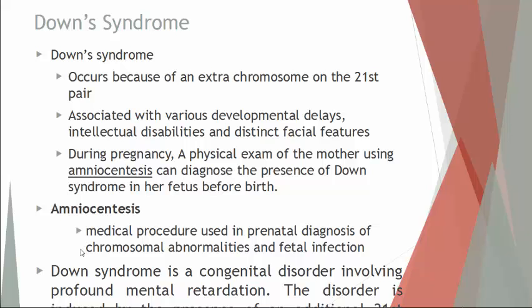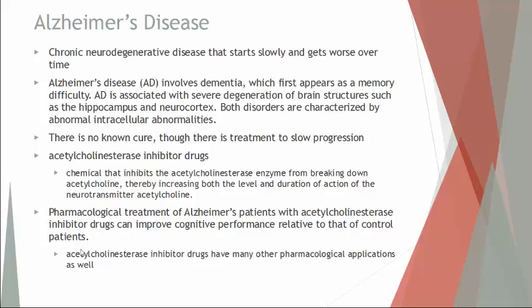And like I mentioned before, Down syndrome is a congenital disorder. They can have a very wide range of effects, anywhere from intellectual disabilities, mental retardation, and it's all based on having an extra chromosome. And when it comes to chromosomes, all you want is 46. Anytime you have more than 46 or less than 46, or 23 pairs, however you choose to look at it, there's going to be some serious problems. So you don't want anything more or less. Alright, next we'll move on to Alzheimer's disease.